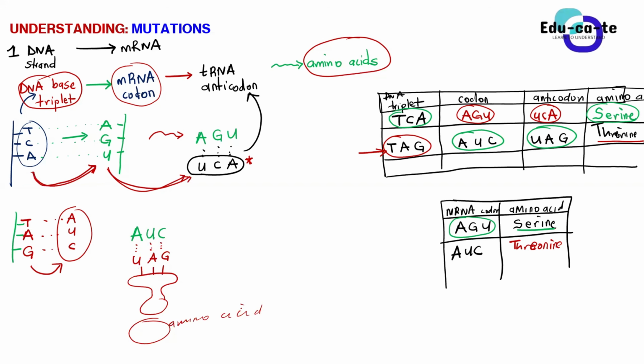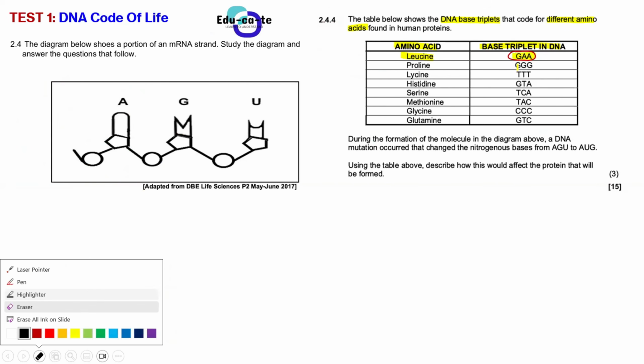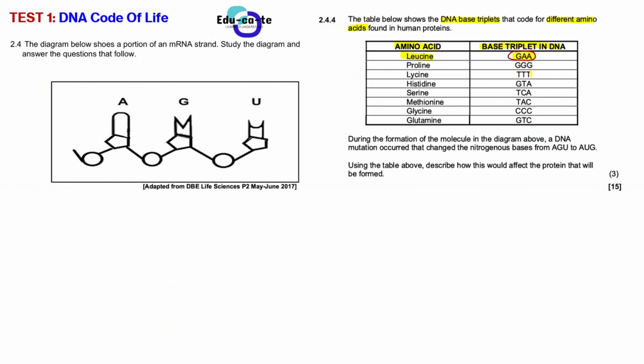Yes, sir. So that's how you understand such a table. Those tables are just giving you a certain code and the amino acid produced by that code. For example, code number 3 is TTT. It's a base triplet from a DNA because there is thymine in a DNA strand. So this TTT will create a codon, and that mRNA codon will look for an anticodon on a tRNA molecule that contains lysine as the amino acid. Do you guys all see that?